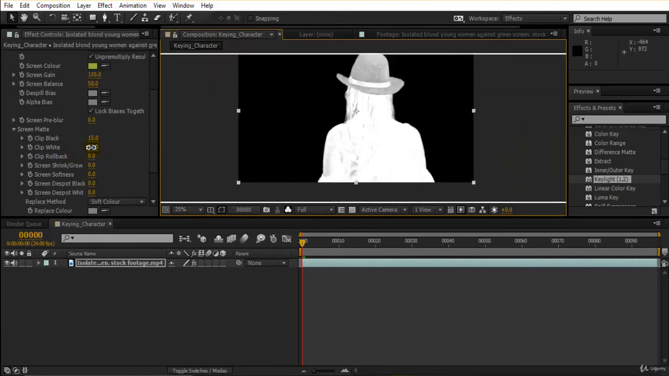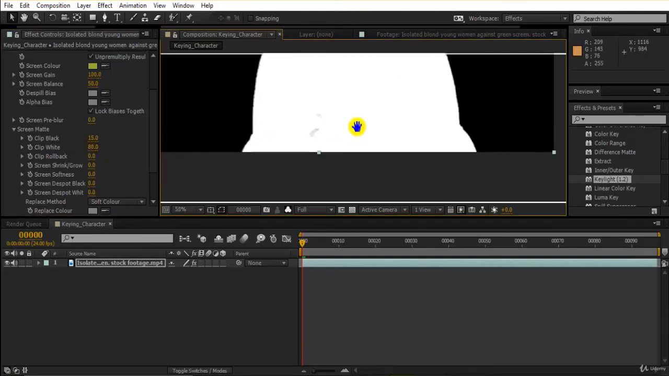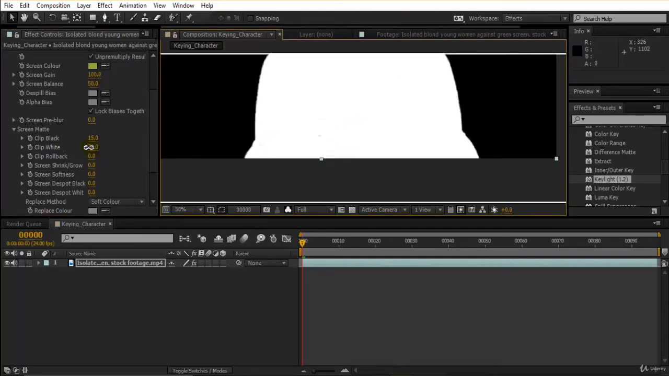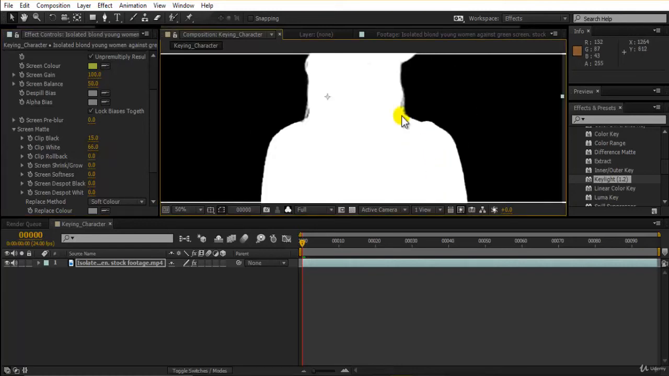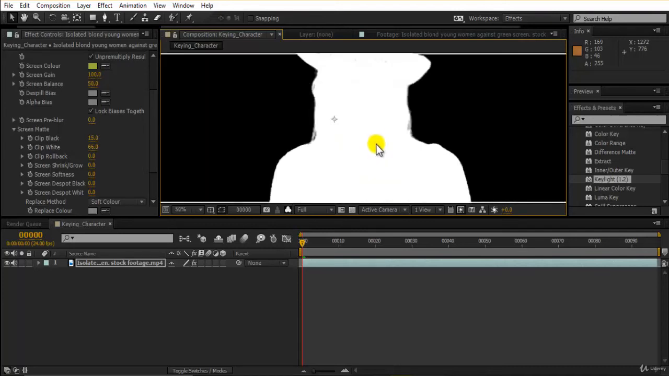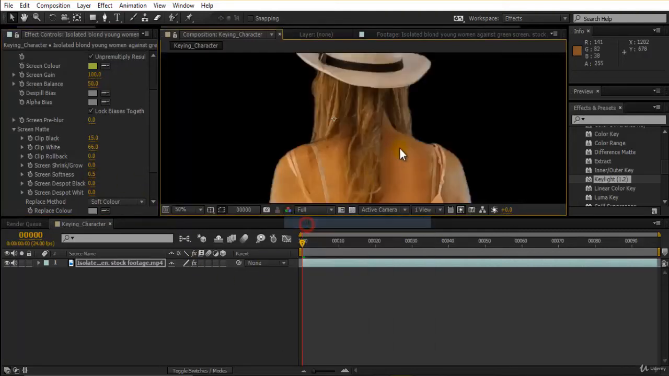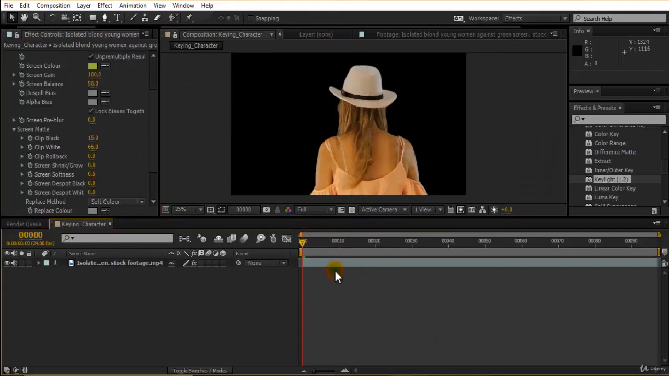So if you do this, it actually makes your matte more clearer and more opaque, and there is no room for transparency inside or beneath your object. So actually your matte should be something like this. It's a pretty nice matte over here, and screen softness, I can make this to maybe 0.5. Now if I go back to my RGB, this is what I get. And now if I play this